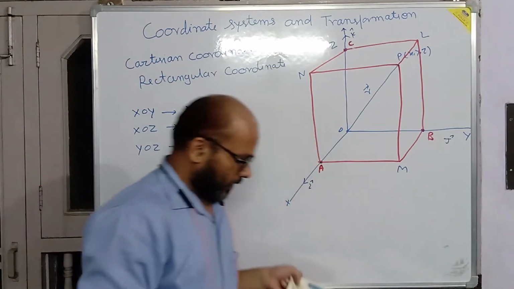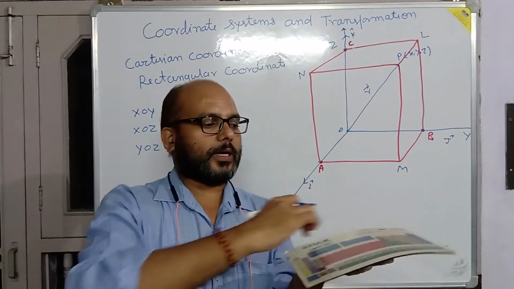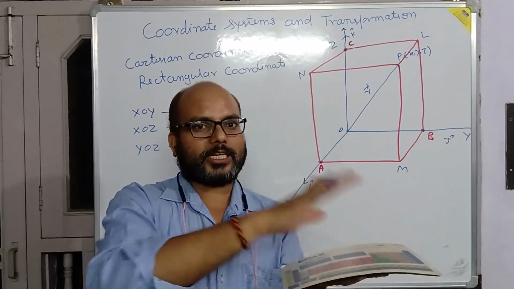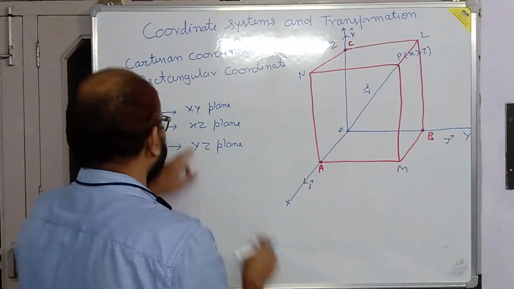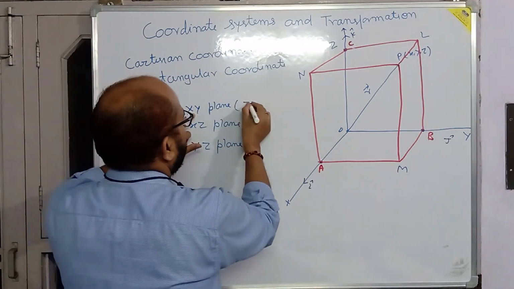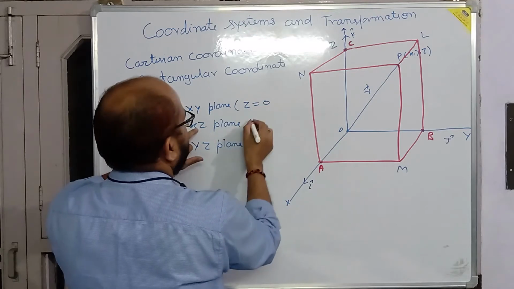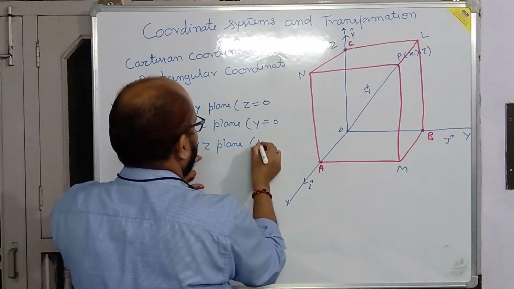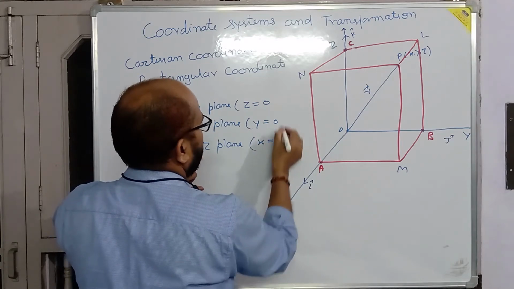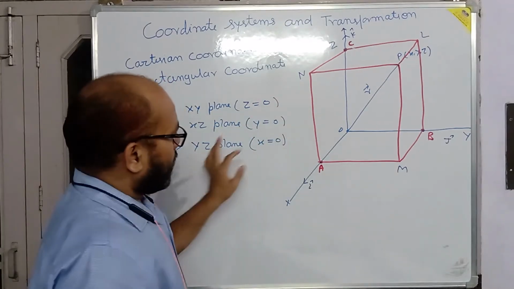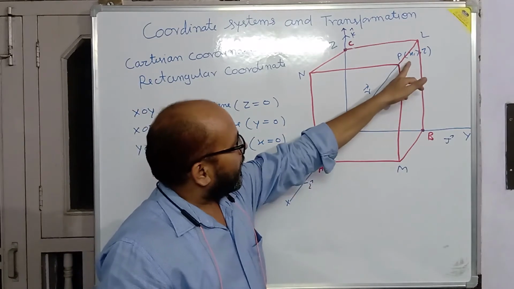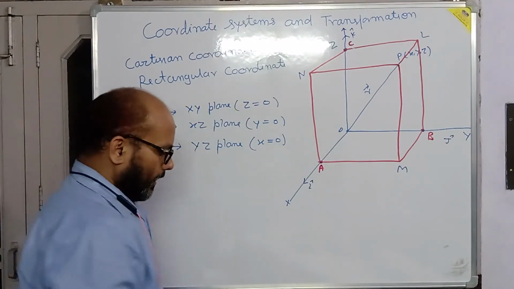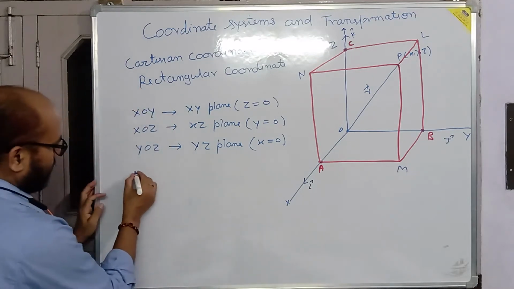Look at this picture, just like the x-axis, y-axis. So XY plane, right? In the XY plane, the Z coordinate is 0. In the XZ plane, the Y coordinate is 0, and in the YZ plane, the X coordinate is 0. Keep in the mind. Again, you can also say कि x is distance,